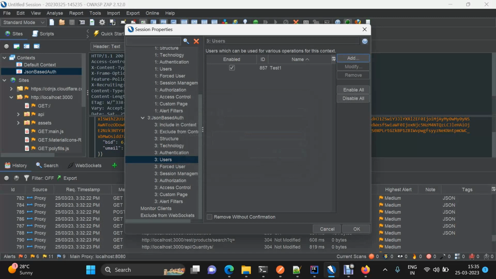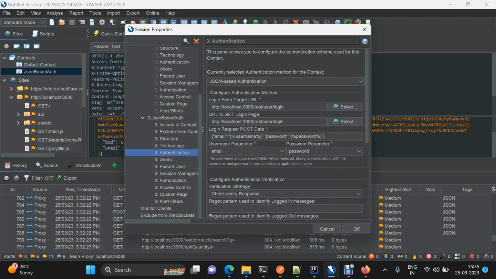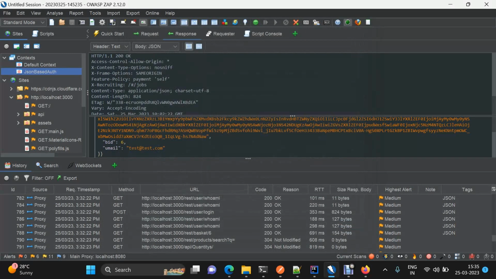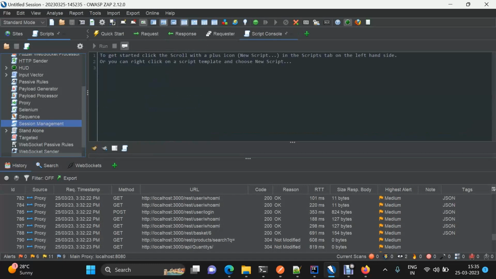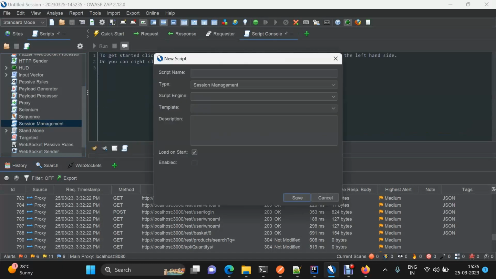Okay, so user setup is completed, authentication we have set up, and click on OK here. Okay, now we need to create a session script. For this you can move to script here, and this is the session management section. Just click on new script, and here you can mention